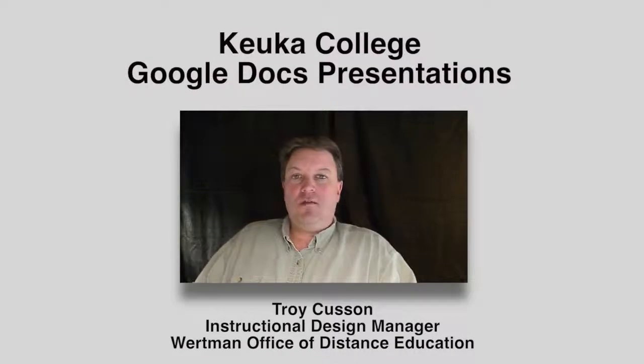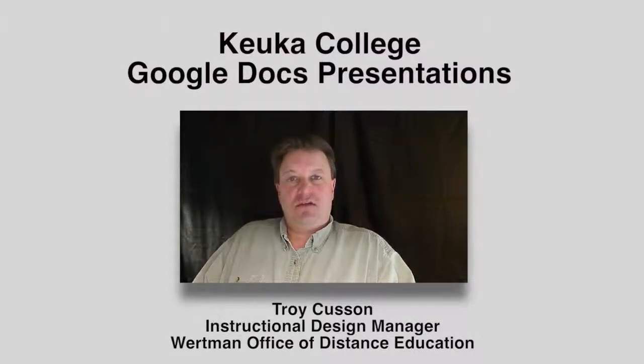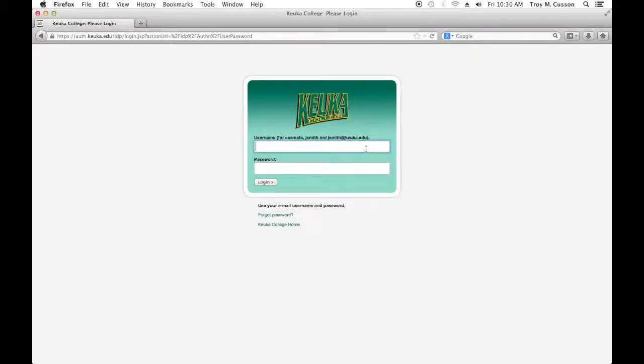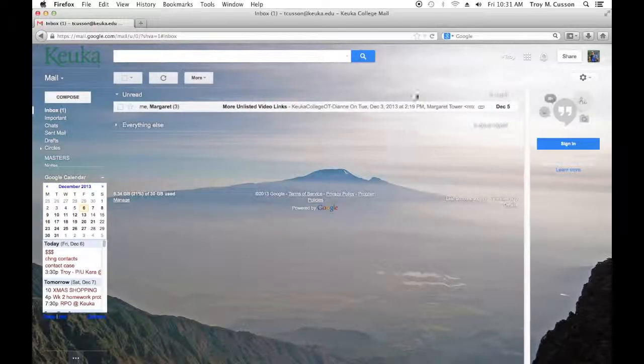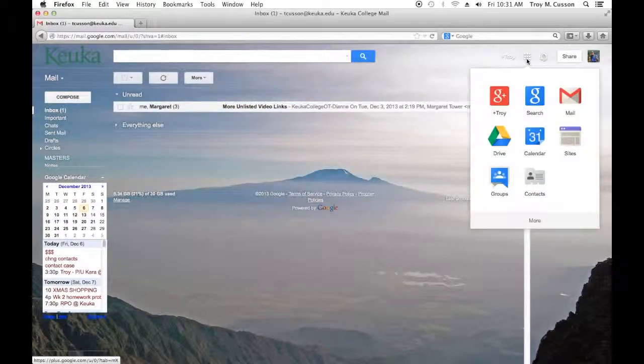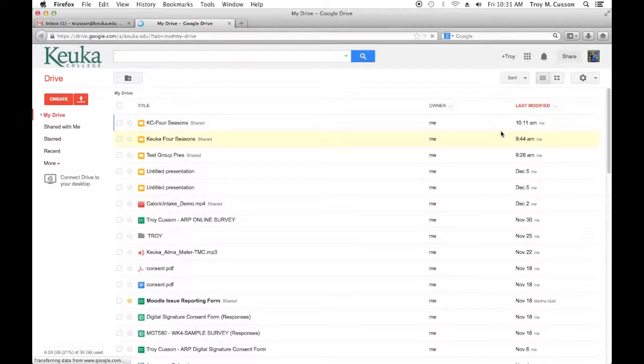Okay, so today we're going to be talking about how to use Google Docs presentation with your Keuka College Gmail account. First thing you need to do is make sure you're logged into your Keuka College email account. Once you're logged in, come up to the top right hand side, there's an apps bar for your Google Apps. Come on down to your Drive folder, which if you're not sure what that is, it's basically a My Documents area of your Google Docs, where documents you created with Google Docs sit basically in the cloud, accessible anywhere